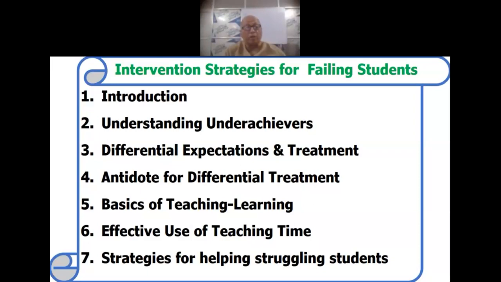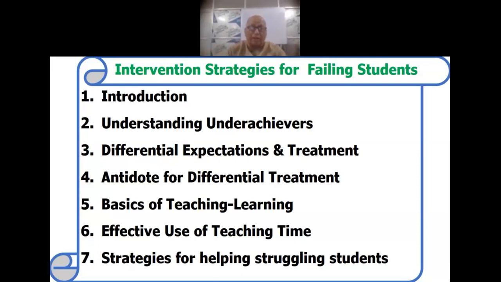And so we must take care of all students so that they do well. We must use our teaching learning things and especially our teaching time. And at the end, I've given you 15 tips for struggling students. I strongly believe, teachers, in my own experience as a teacher, and then as going to schools and training children